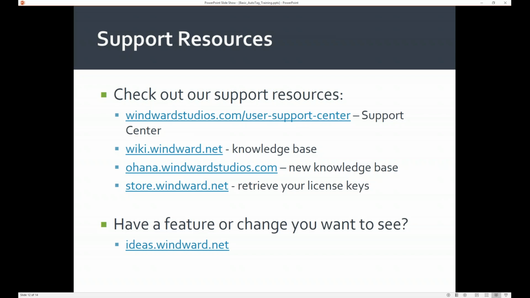You may want to take a screenshot of this slide now that we're on it. Here are some resources that you can utilize. If you want to look up anything from our knowledge base, you can do this at wiki.windward.net. This is our old knowledge base. We now have a new knowledge base out. We've been adding to it, but it's not as complete yet as the old one. So the old one is still out there. But you can access the new knowledge base by going to